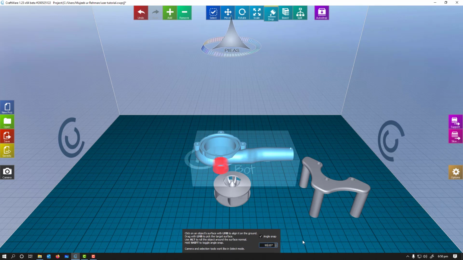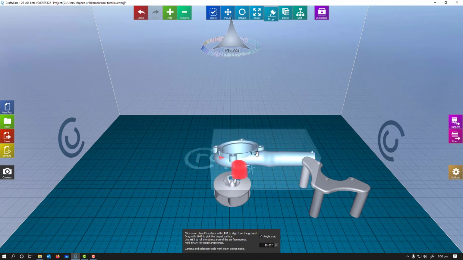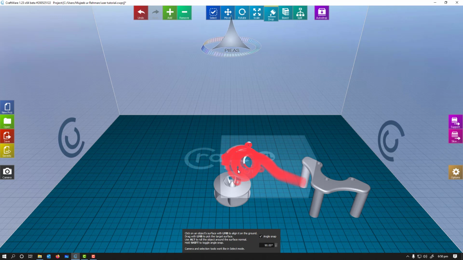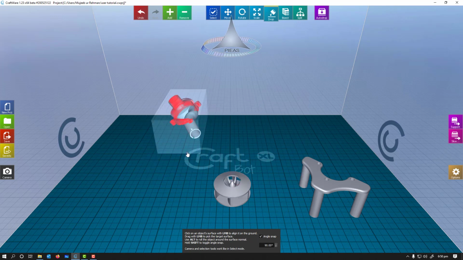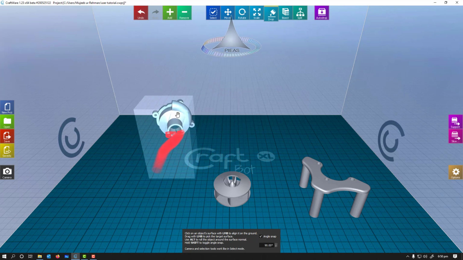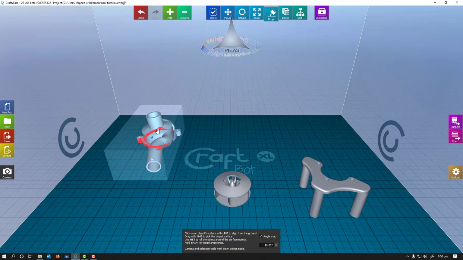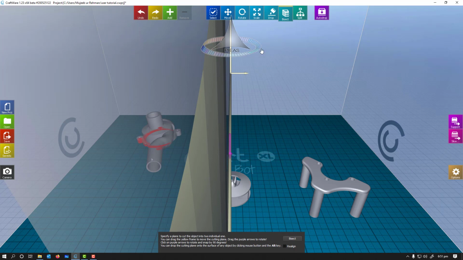So I'm gonna select 90 degree so that I can easily go for the object. So right now it is giving me a problem.